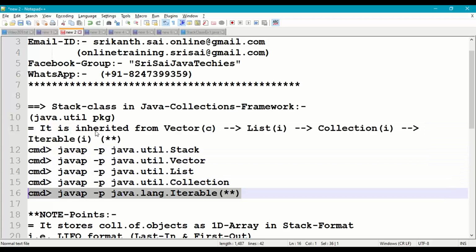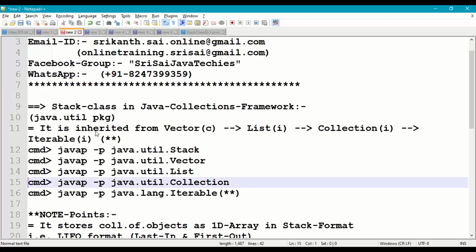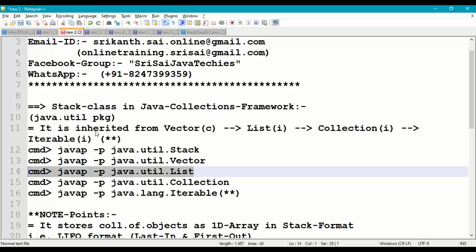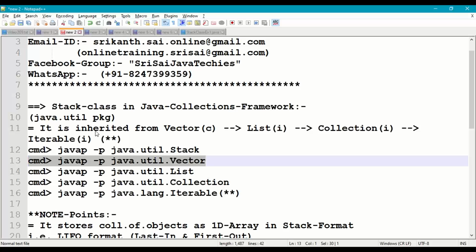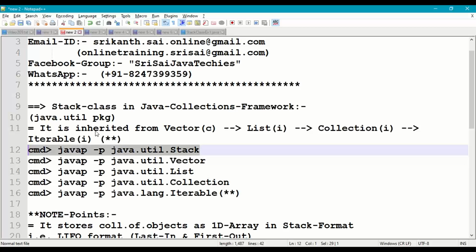Iterable interface is available in java.lang package, so its methods are inherited to Collection interface of util package, to List interface, to Vector class, and also to Stack class of java.util package.